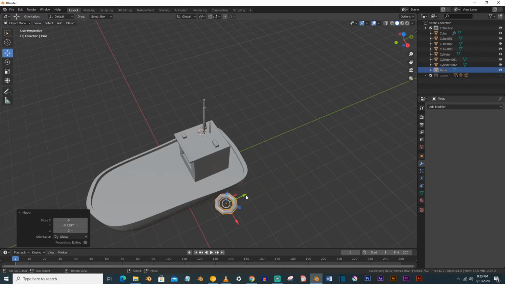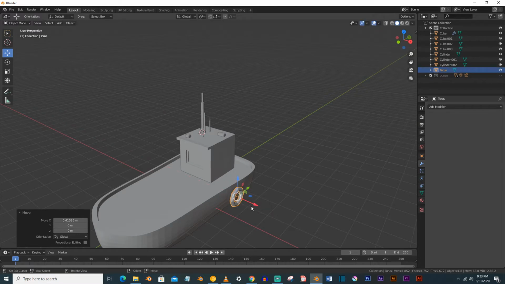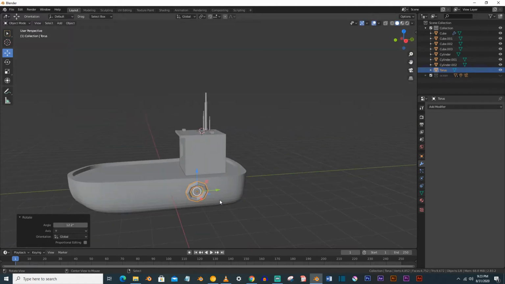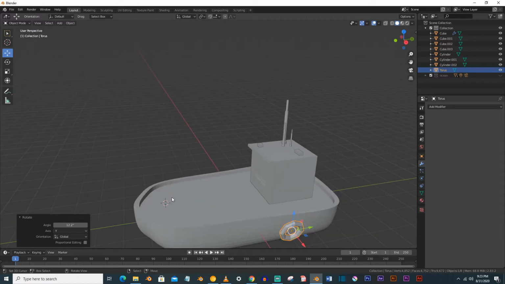And now RX and RY and 90. You can just quickly make this here. We will add 2 more later.